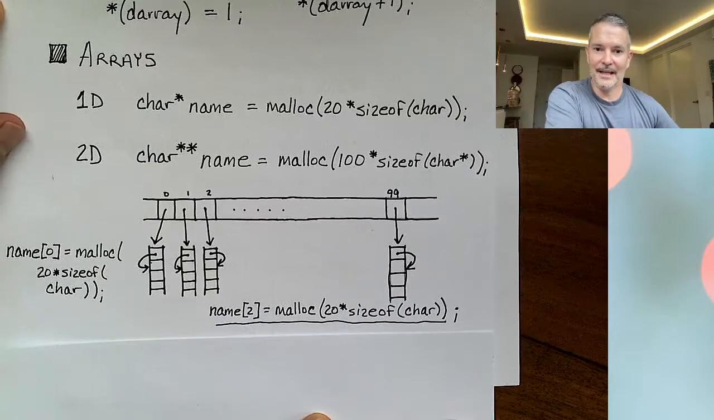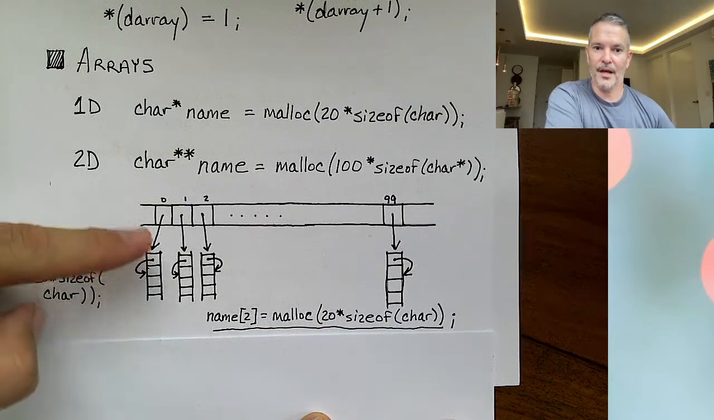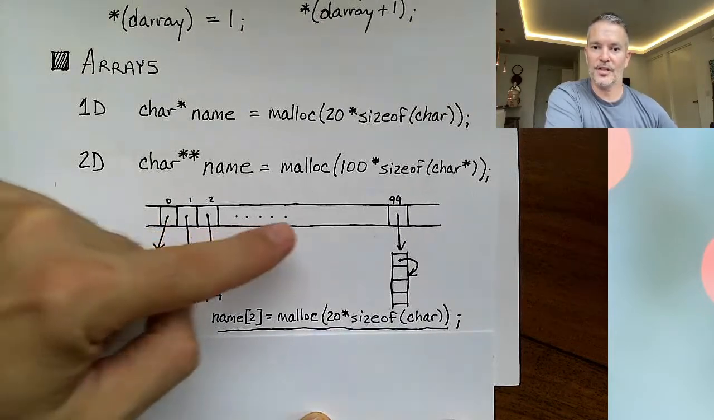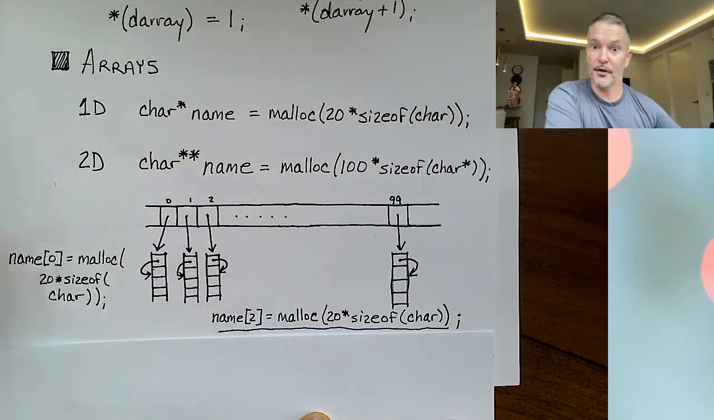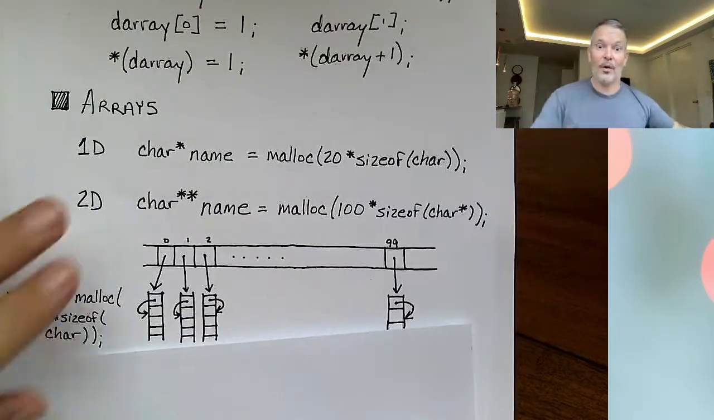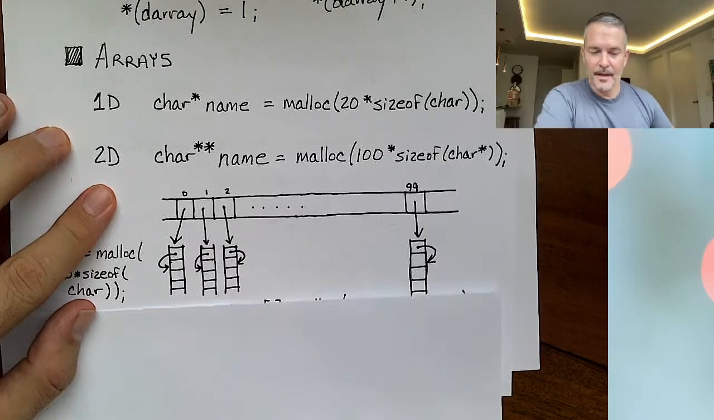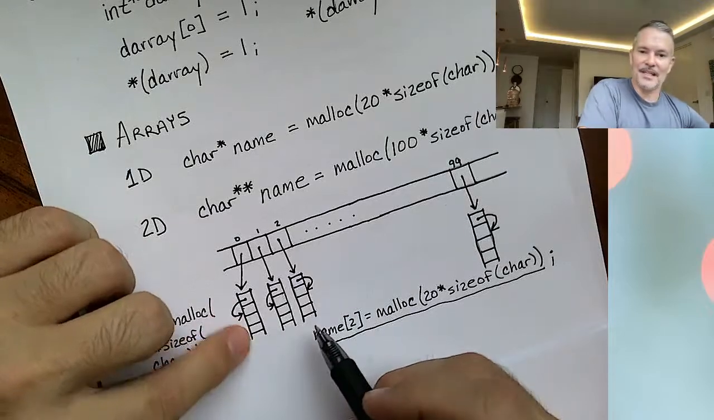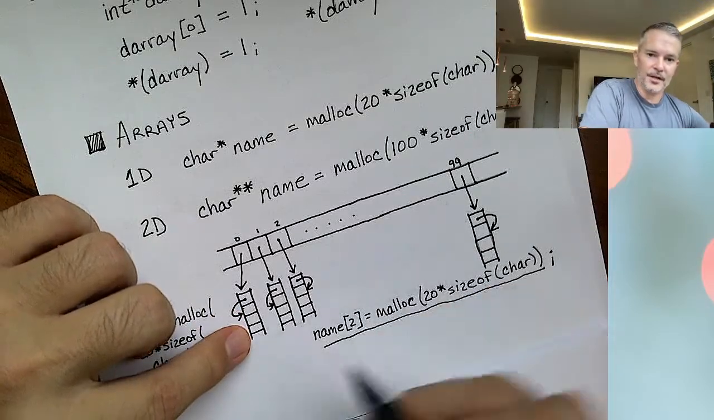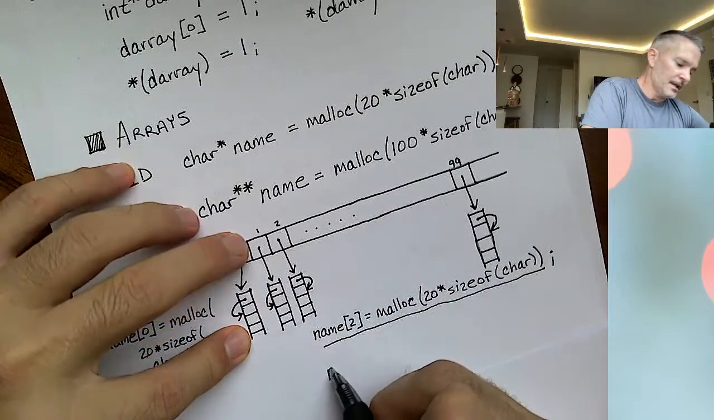So in the end, I'm going to end up with a bunch of pointers in memory that are pointing to other areas of memory. And this is how I allocate a two-dimensional array. Once I'm finished, I can access a particular item in one of these arrays by using